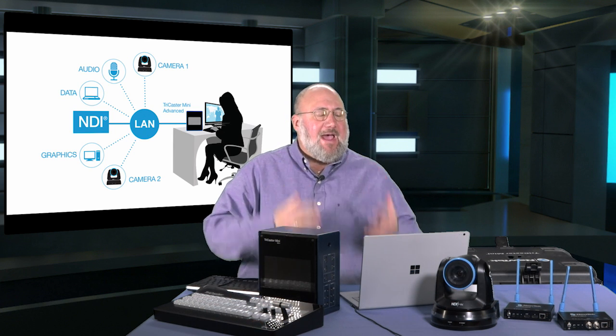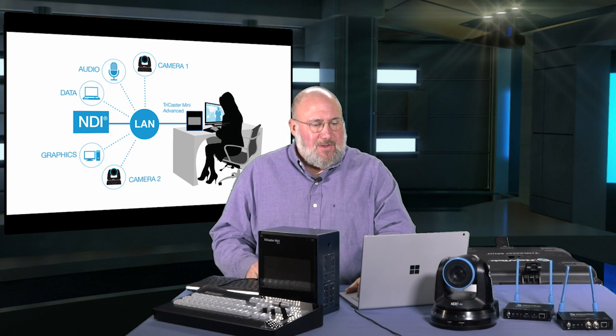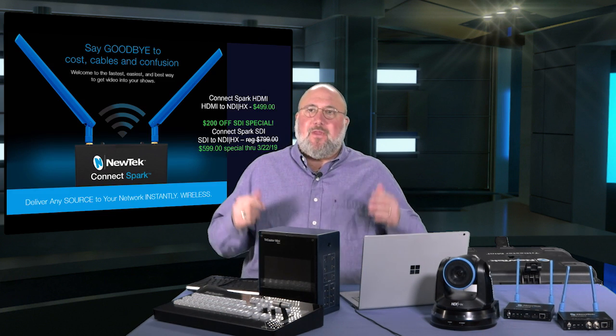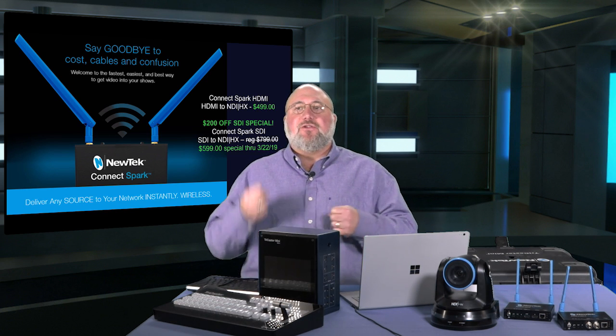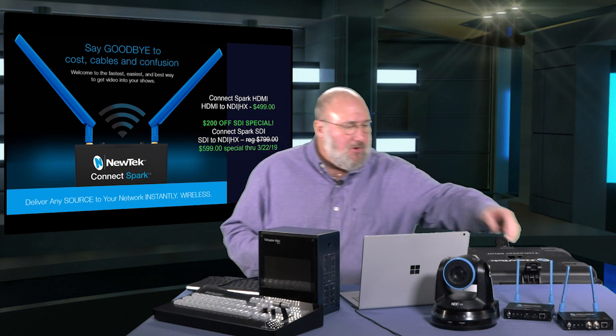You want to use a switch that has power over Ethernet, because you can also power these products via the cable as well. So let's talk about one of the products that's also on special. That's the Connect Spark. There are two flavors of Connect Spark. What the Connect Spark is